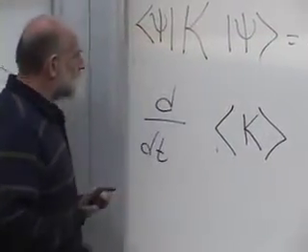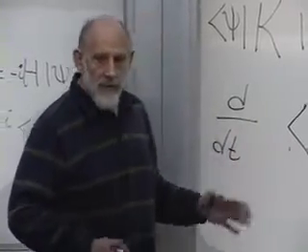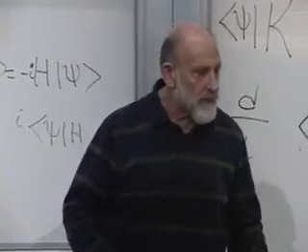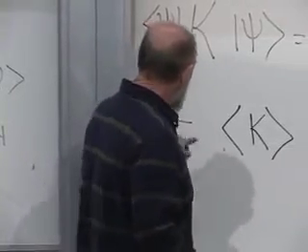In quantum mechanics, it's the commutator. In classical mechanics, it's the Poisson bracket. Now, in fact, Poisson brackets and commutators are very close to each other. They're very closely connected, and we'll talk about that connection. But for now,